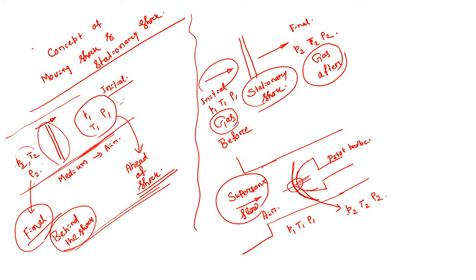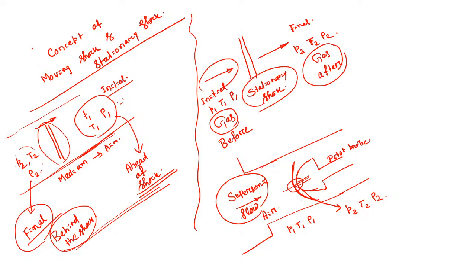This is how it appears when you look at the shock wave and the flow coming into it and going after it passes the shock wave. But when we are doing the experiment and looking at this phenomenon from the test section